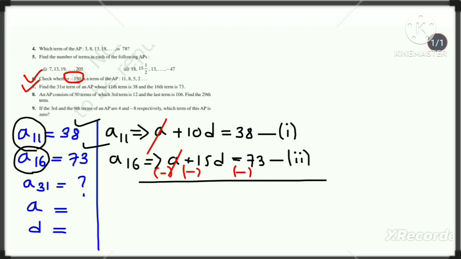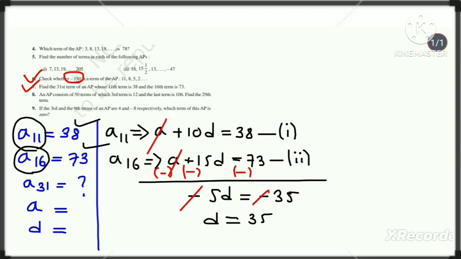After subtracting, we obtain minus 5D equals, and here also minus 73 and plus 38. After subtracting, we obtain minus 35, and this sign of subtraction and this sign of subtraction can be cancelled out, and here D equals